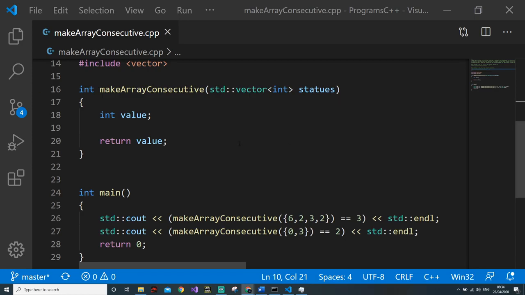Now for me, I have taken the minimum element of the array and the maximum element of the array, and when we have the minimum element and the maximum element, we know how many elements we need. Okay, so 8 minus 2 will be 6 plus 1, because one of the elements is not counted when we are doing a subtraction. So we need 7 elements because 2, 3, 4, 5, 6, 7, 8. There are 7 elements. We need 7 elements from 2 to 8.